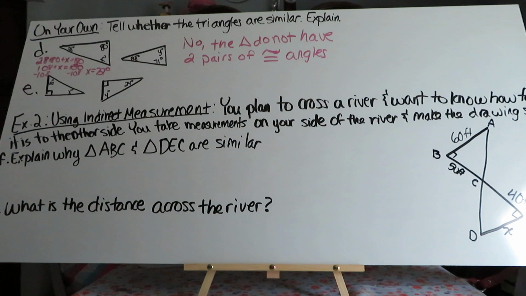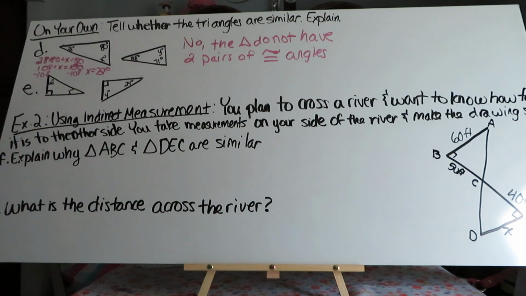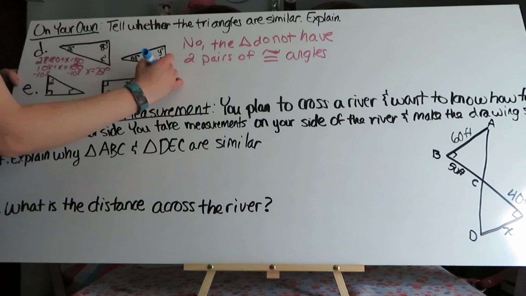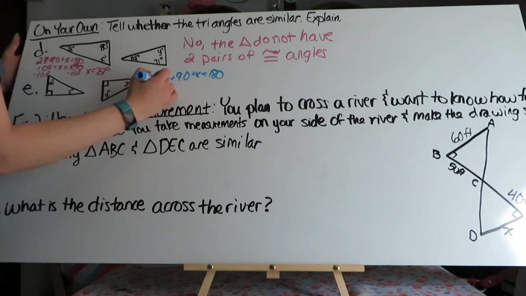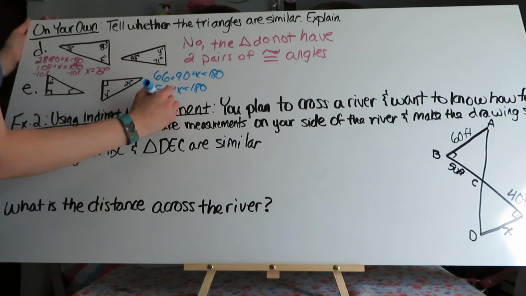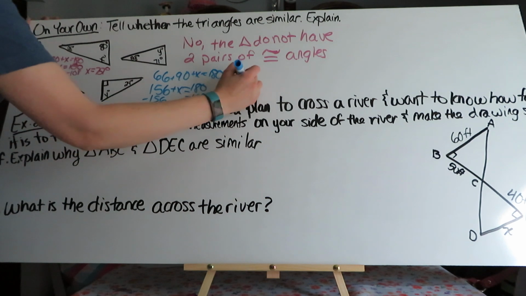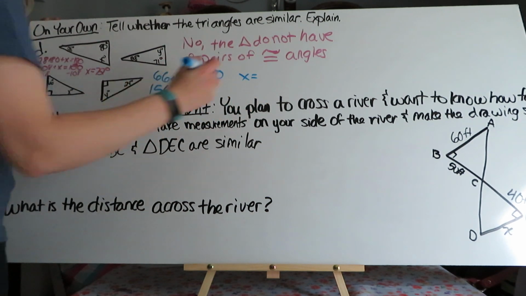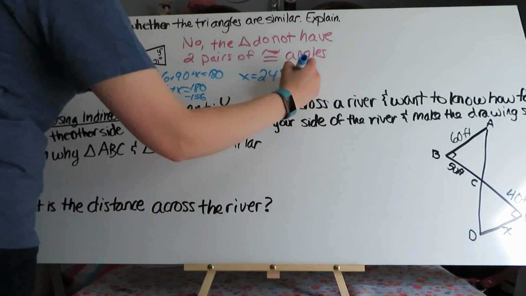All right, letter E: 66 degrees, 90 degrees, X, 90 degrees, 24 degrees, and Y degrees. You can take either of the triangles. I'm going to take this one. 66 plus 90 plus X equals 180. 156 plus X equals 180. Subtract 156 from both sides. You'll get that X equals 24 degrees. Does that match? Yes, it does. So yes,